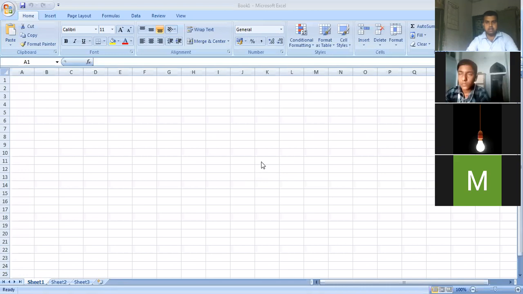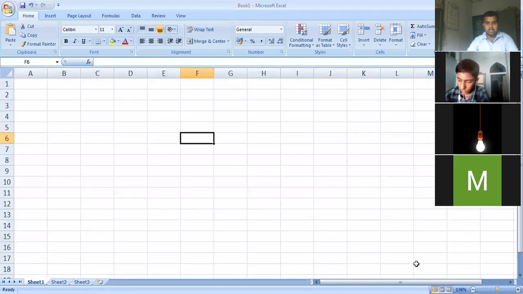So the cell is the combination of the horizontal and the vertical lines intersecting with each other. This is in the center, as you can see that this is a cell which is highlighted in the black box. Now if you see, this box has been created due to the intersection of the vertical and the horizontal line. So in short, you can just jot down: the intersection of the vertical and the horizontal lines is known as cell. Please write fast.